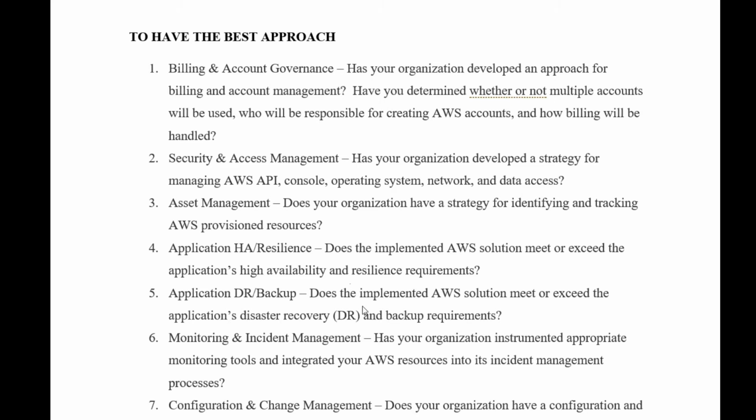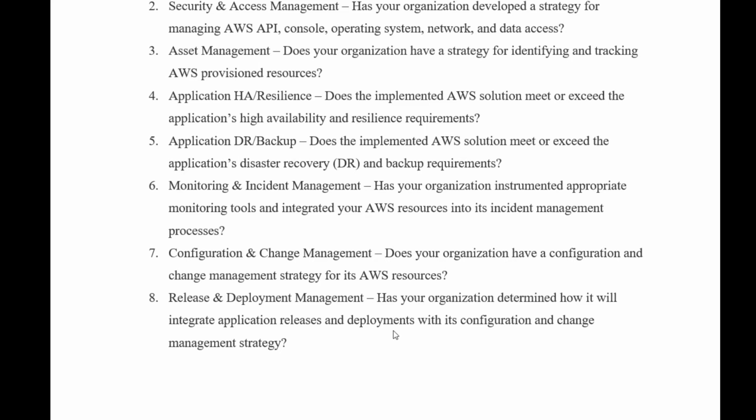So moving forward, configuration and change management. Does your organization have a configuration and change management strategy for its AWS resources? It's a highlighting point that we should consider. Assume that you have done something and someone else has also done something at the same time. How do you know that someone else has also made changes? Someone else's changes should be tracked.